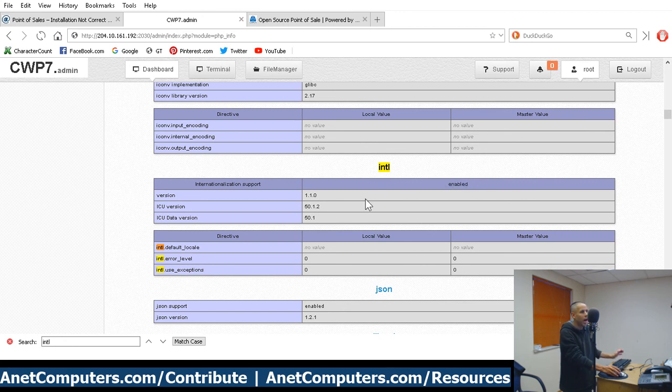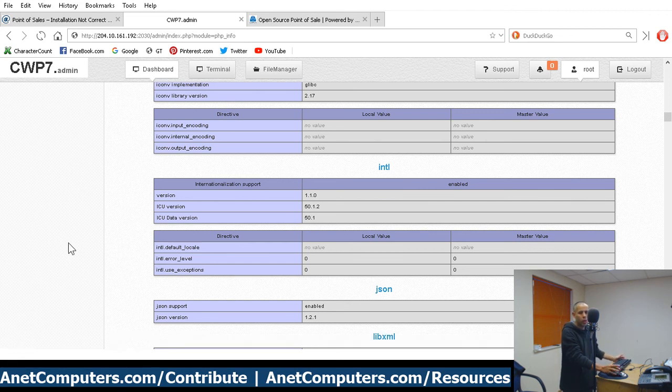Make sure it's enabled. I had to install it. Yum install php-intl, enter. It installs, but with PHP, I don't know any other way around it. You have to recompile. You have to rebuild PHP, which when it comes to recompiling, rebuilding, or installing from source,